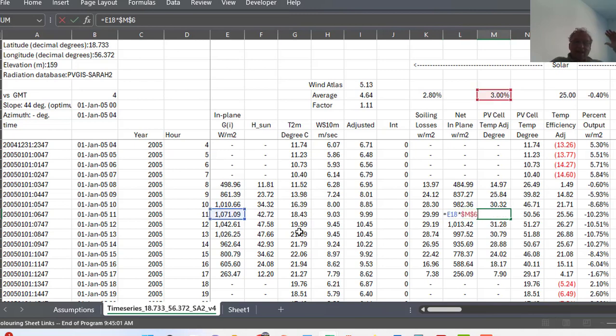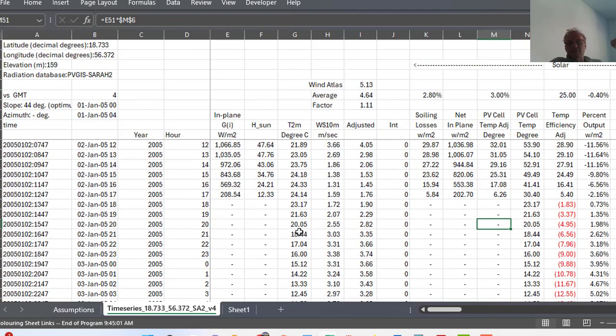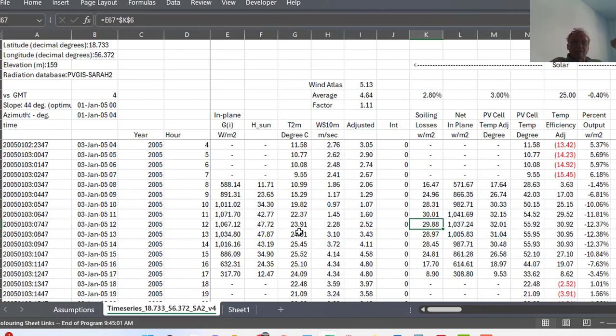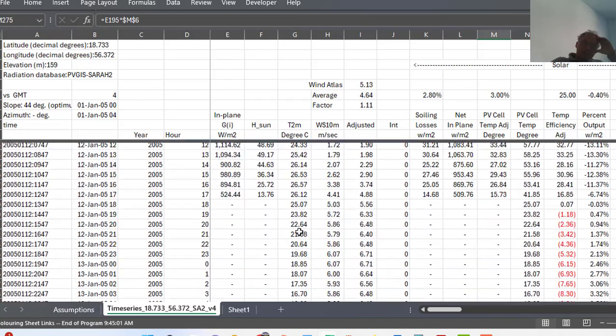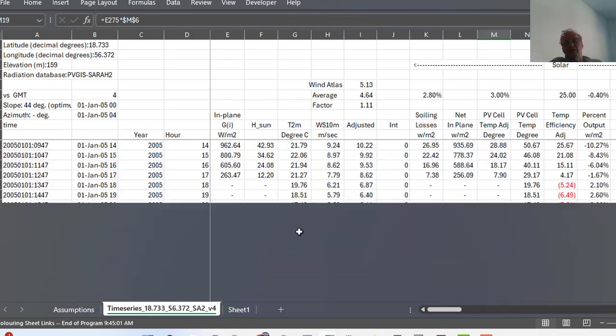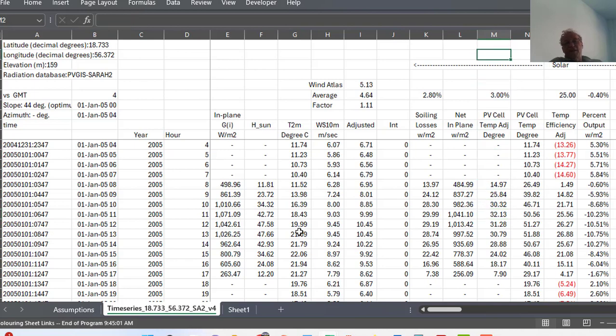And this Homer, whatever, I looked all over to try to find this. They say, take this formula, take 3% of the in-plane radiation, which has a completely different unit, and multiply that by 3%, and then you get the additional temperature, okay? So let's see, up here, oh, we only have 23 degrees, but maybe if we go much later, we would have more. So if you find something better, or ask your engineer, you put it in better, and then we get our